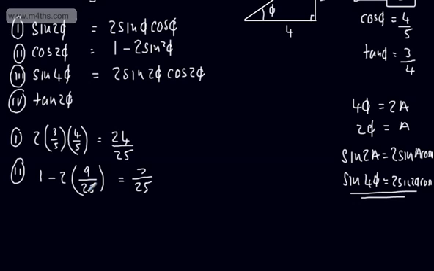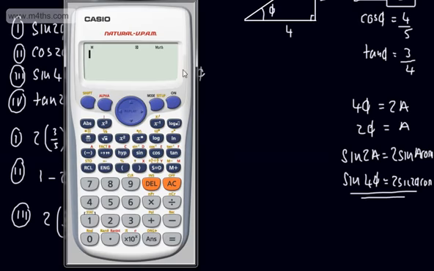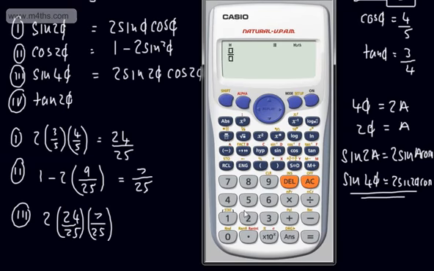So what we've got then for part 3, we've got sine of 4 theta. Now we've just found these values. Remember, this here, the one we just found, that's sine 2 theta, that's cos 2 theta. So we'd end up now with 2 lots of sine of 2 theta, which is 24 over 25, multiplied by the cos of 2 theta, which we found to be 7 over 25. So let's go ahead and just plug that in a calculator. What are we going to have? We're going to have 2 times by 24 times by 7, and then over 25 times 25, which is 625, and that gives us 336 over 625. So let's write that there,